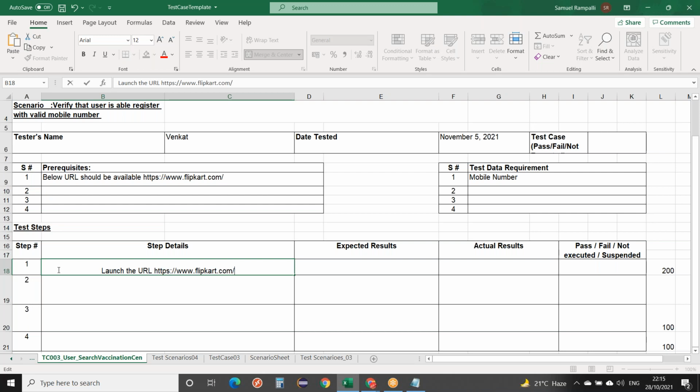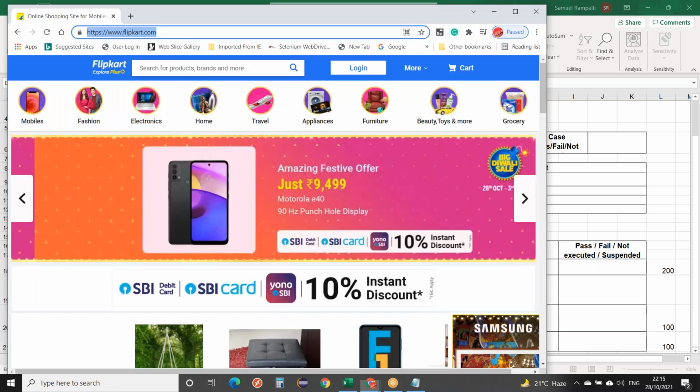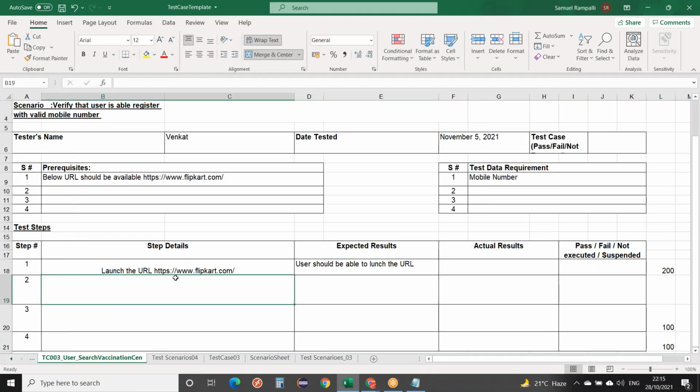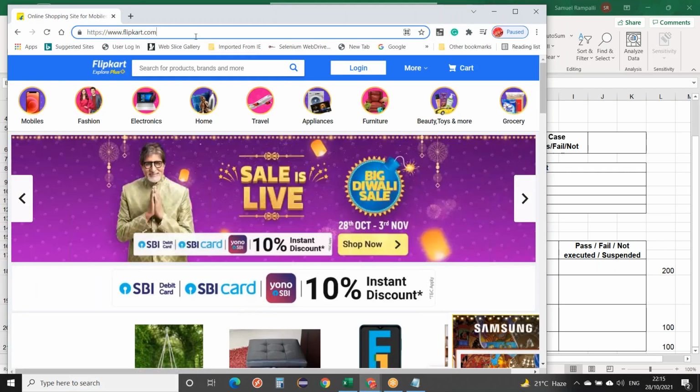Then the expected result is the user should be able to launch the URL. Launch the specified URL is also fine. So this will be the first step.